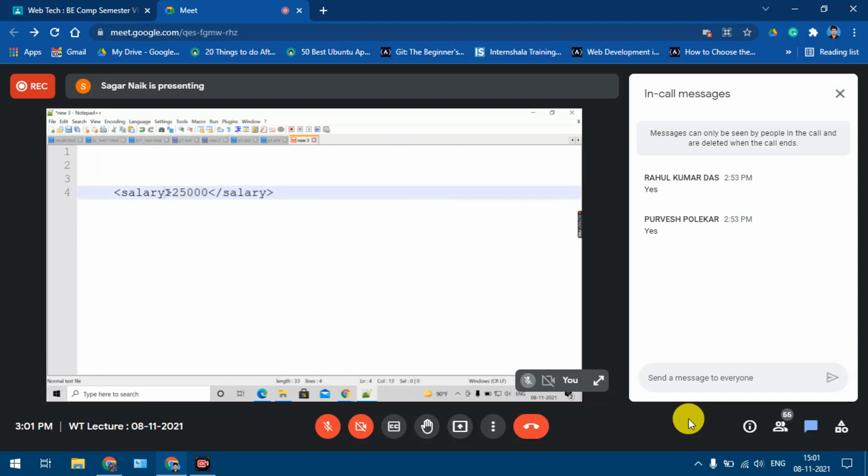If I specify one attribute over here, mode equal to some mode, it can be cash or check or some other modes also, right? So this mode is an attribute over here.